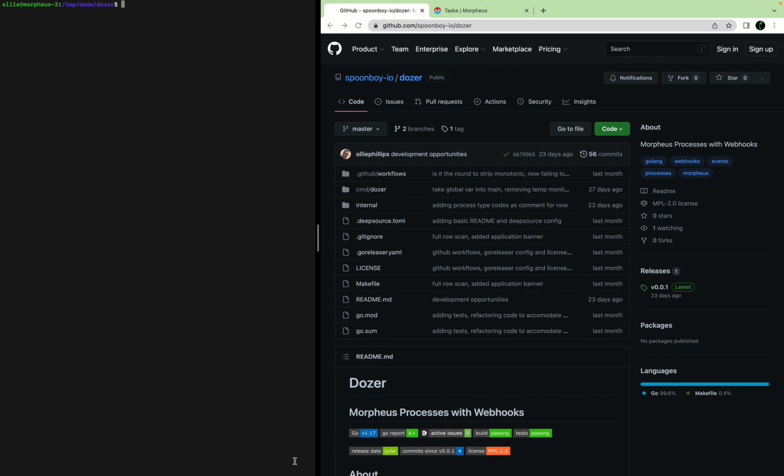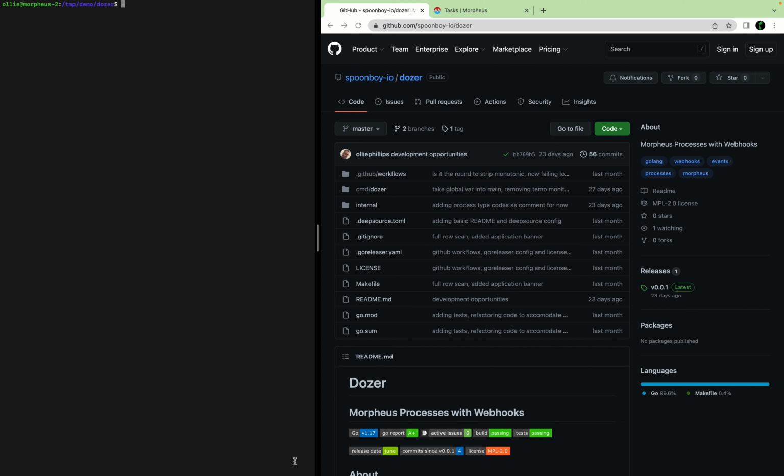It monitors running Morpheus processes and allows you to configure webhooks, which are essentially calls to external applications, usually applications that are set up to support webhooks, so that we can provide information about what Morpheus is doing to external applications. To give an example, a webhook can be sent to any application. It's an HTTP request, but we're going to use Slack to receive the notifications from